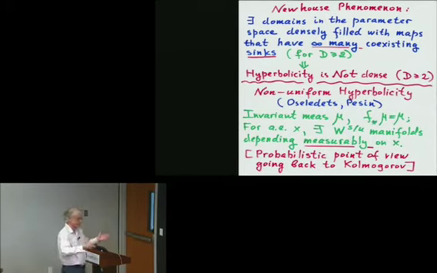Now, instead of an invariant set, this horseshoe, we have an invariant measure, and for almost all points with respect to this invariant measure, we have stable and unstable manifolds, with exponential contraction and exponential expansion in the unstable directions. But everything depends only measurably on the points. All constants are non-uniform, but only measurable. Still, this situation can occur, and it is quite a frequent situation. So there could be some hope that this kind of picture could be observed typically. It's not so rare as uniform hyperbolicity introduced by Smale.